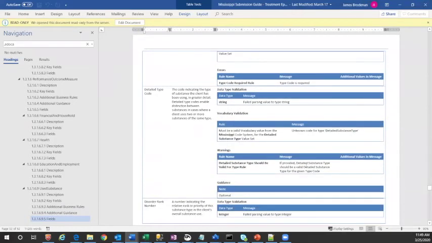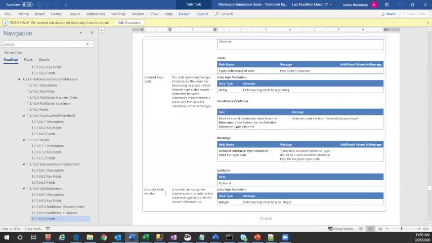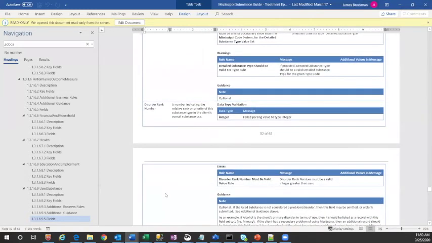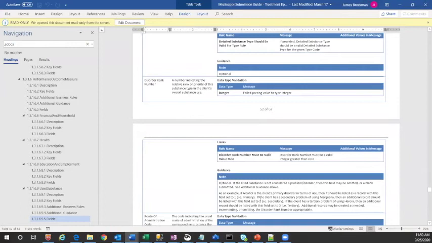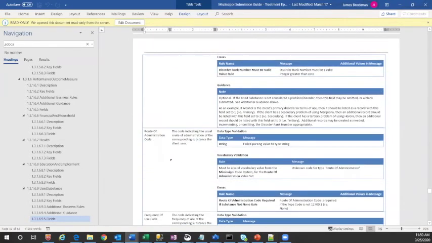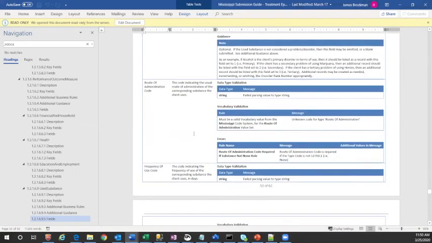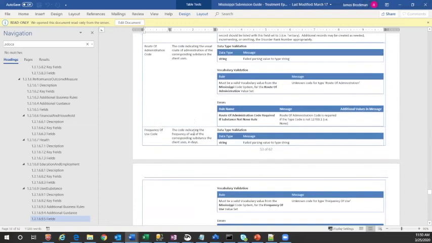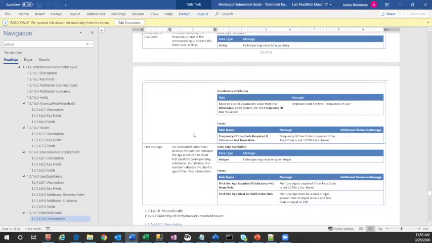And the detailed substance type needs to be a valid detailed substance type for the type code, if that makes sense. The disorder rank number, which we've spoken about at length, and there are some notes in here about the allowable values for disorder rank number, and just getting back to it, it follows a logical progression. And the route of administration code indicates the usual route of administration by which the person uses this substance. The frequency of use, I think, is pretty self-explanatory, how frequently the client uses the substance, the age at which they first used it,